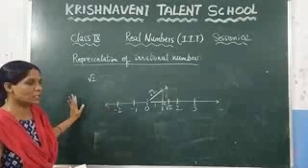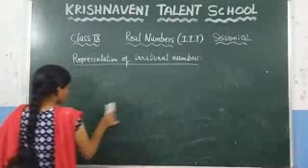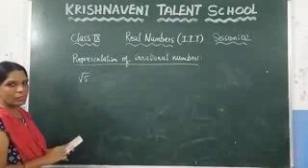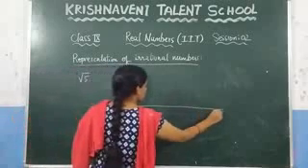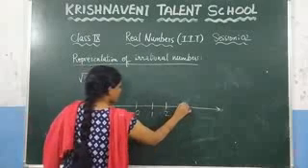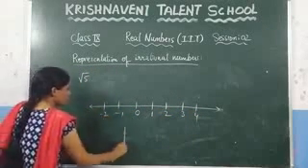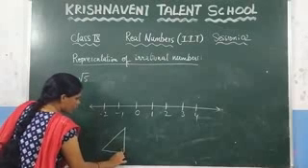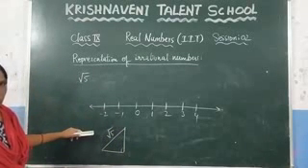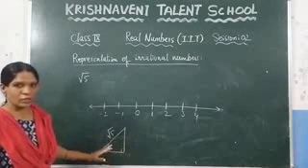Suppose you want to represent root 5 on a number line, how do you represent it? Let us see here. Draw the number line and after that mark the numbers. Here the negative numbers. Now, take the right angle triangle and you have to get the hypotenuse as root 5, since you need to represent root 5 on a number line. Now, which sides do you need to take here? By checking, you need to take.